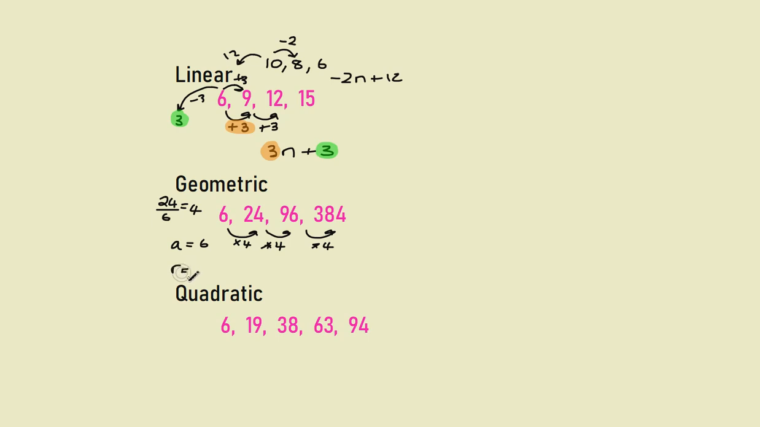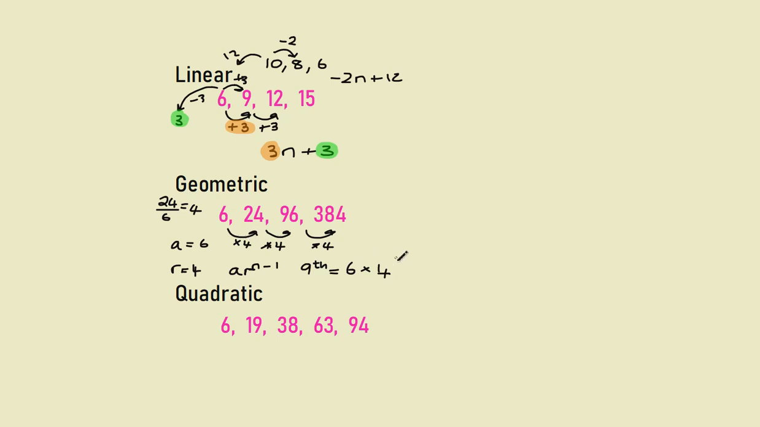R is the common ratio, which would be 4, and your nth term is A R to the n minus 1. Okay, that is your nth term. So if I wanted the 10th term, it would be 6 times 4 to the power 10 take away 1, which is 9. Okay, that would be my 9th term. It would be 6, which is A, multiplied by the common ratio, which is 4, to the n minus 1,